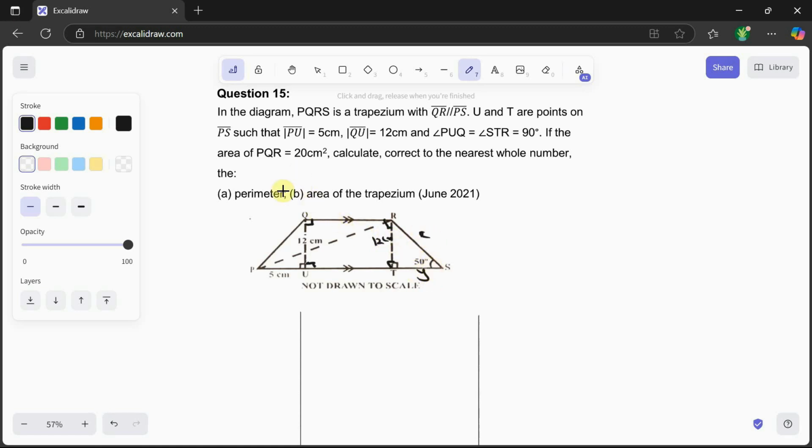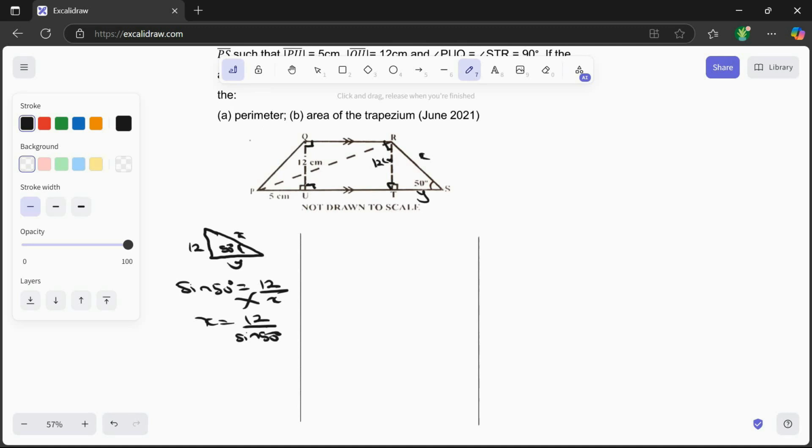Because I'm trying to find the perimeter of the whole thing. So if I take out that small triangle, this angle here is 50 degrees. These are X, these are Y, these are 12. So from SOHCAHTOA, we have the opposite and hypotenuse. So that's sine. So sine 50 degrees is equal to 12 over X. If I cross multiply, my X would be 12 over sine 50 degrees. Pointing that to my calculator, that's 12 divided by sine 50 degrees. That gives my X to be